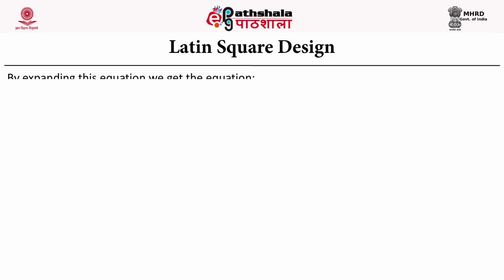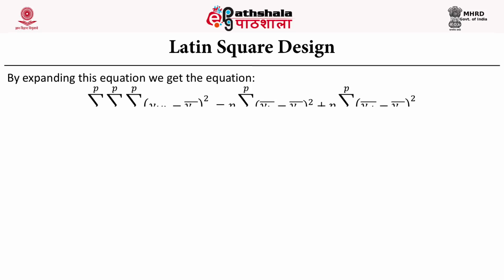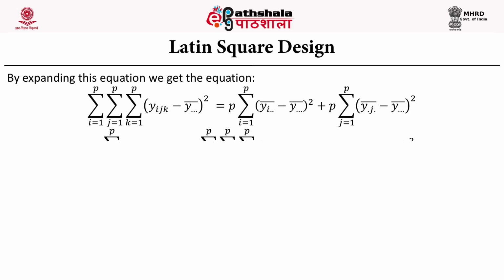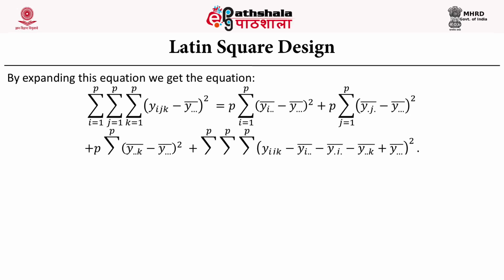So by expanding this equation, we get the triple summation of (yijk minus y triple dot bar) whole square, which is equal to p times the summation over i of (yi dot bar minus y triple dot bar) square, plus p times the summation of (y dot j dot bar minus y triple dot bar) whole square, where the summation is over j and j varies from 1 to p,